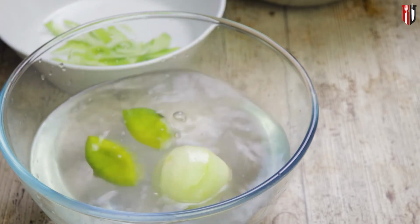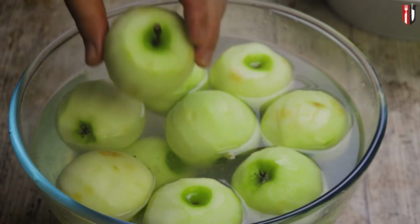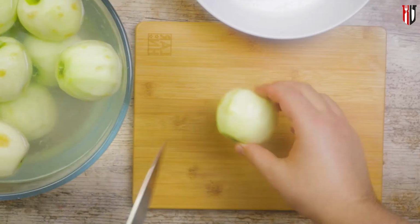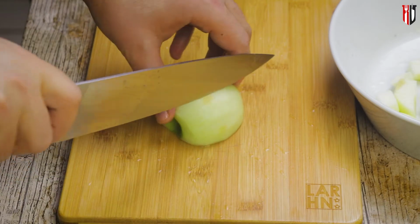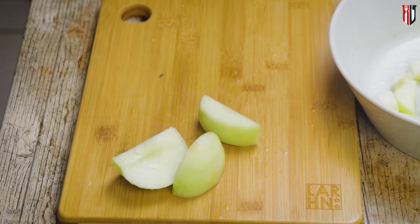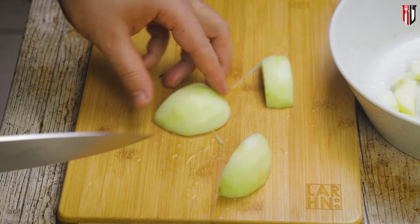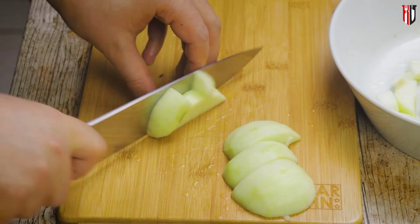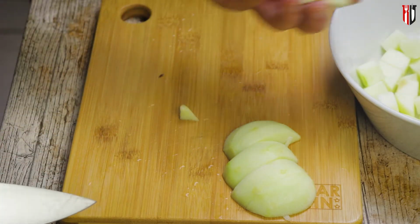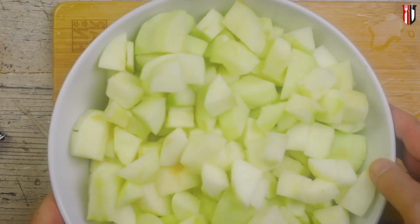Today I'm using Granny Smith apples, but there are many other varieties you can consider such as Jonagold, Honeycrisp, Pink Lady, Jazz, and so on. After peeling the apple, remove the cores, and you can either slice them or dice them, it's totally up to you, but I prefer them diced just because it's a lot easier to pour them out into the pan whilst cooking. For the size of the pie I make, you probably need about 12 to 15 apples, obviously depending on